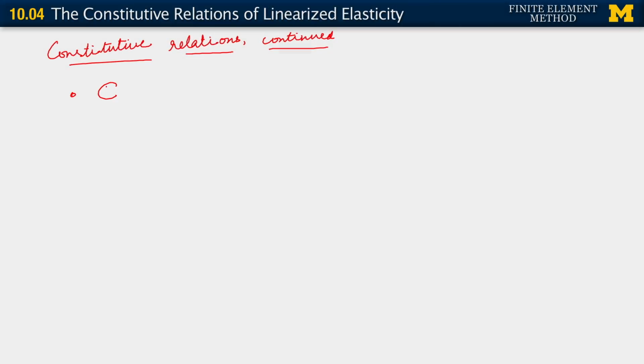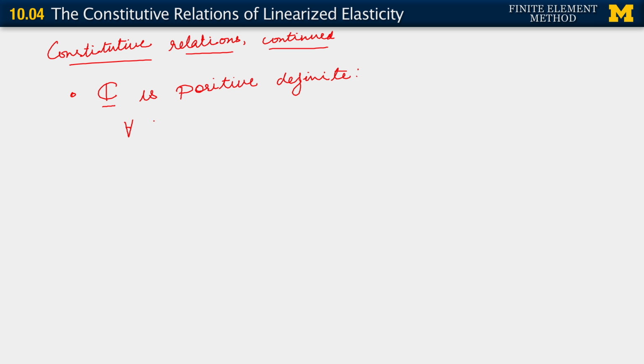In the context of linearized elasticity, there is another very important property that C holds. C is positive definite. And here is what we mean by saying it's positive definite. For all tensors, and I'm